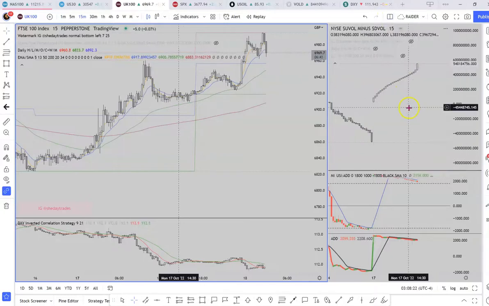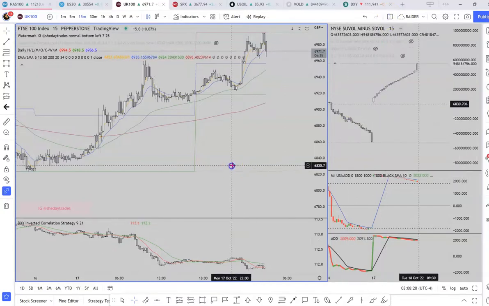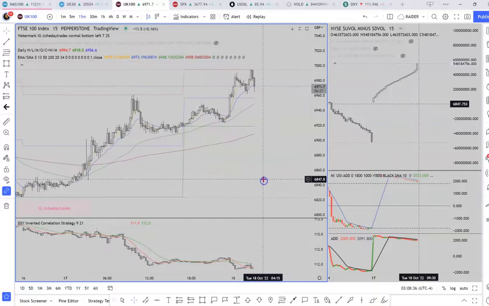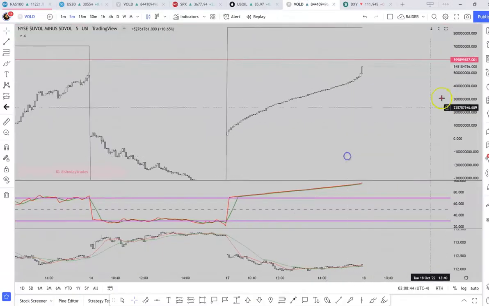I'm not sure if you might need a membership to be able to split. I'm not sure. I'll look that up. I'll do a video on that to see what's the cheapest way to use this type of strategy for people. I mean, worst case scenario, honestly though, I would just have the VOLD pulled up in another